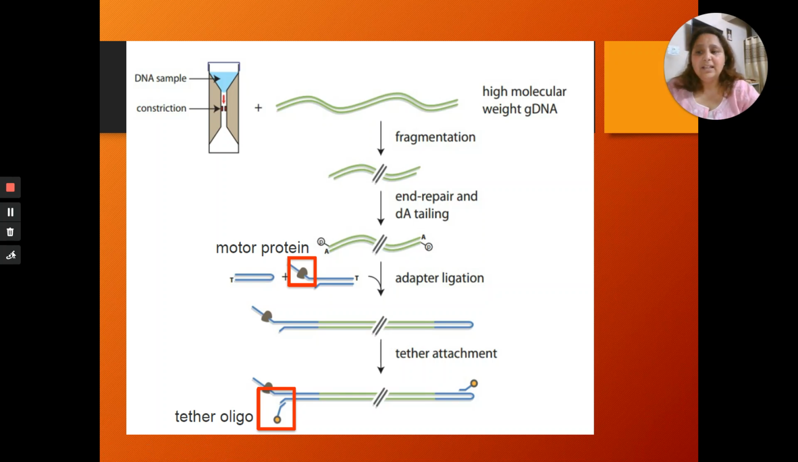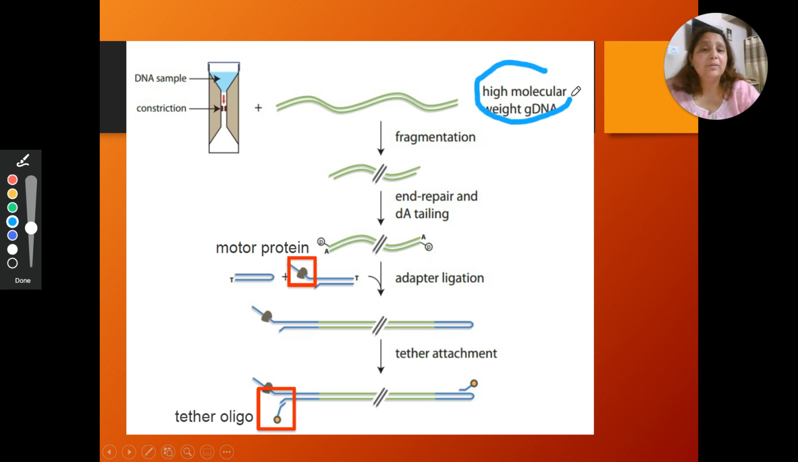You can see here that the DNA, if required, if it has a very high molecular weight, only then it is fragmented, sheared into small pieces by mechanical processes. Once it is sheared, its ends are repaired to make them blunt ends by the process of end repair, and A-tailing is there. A-tailing means a poly A tail is added to one side